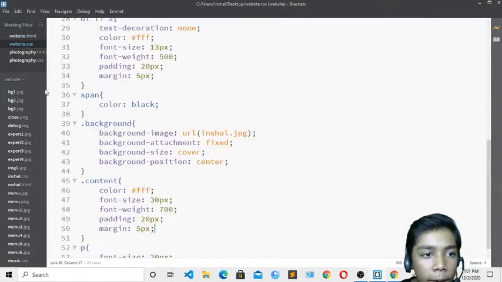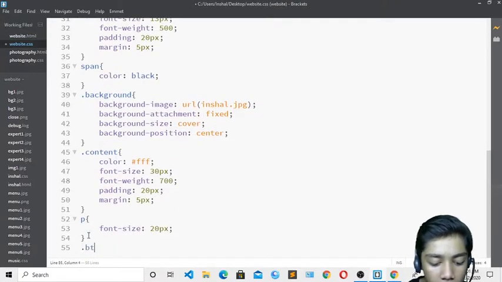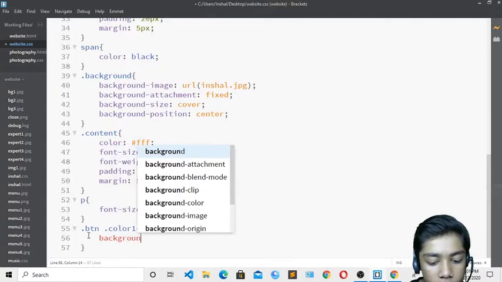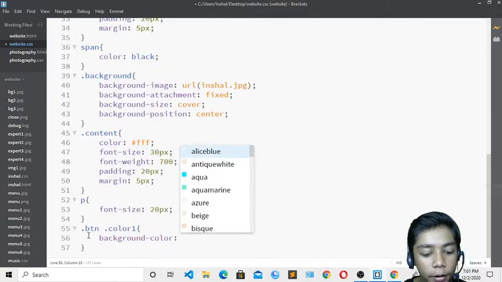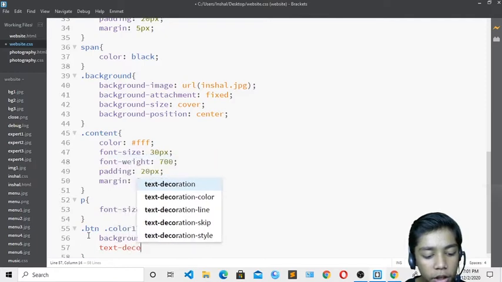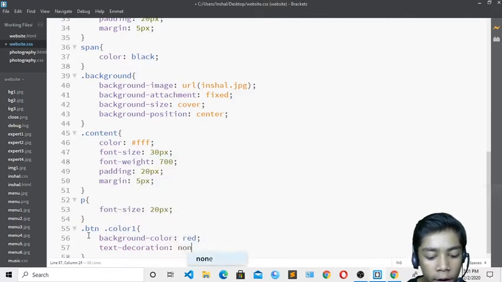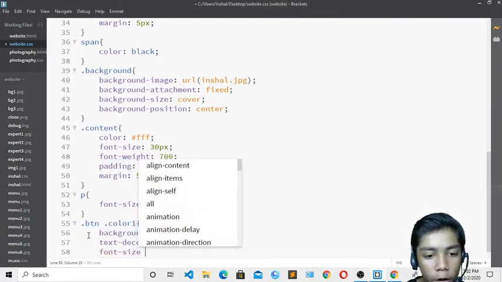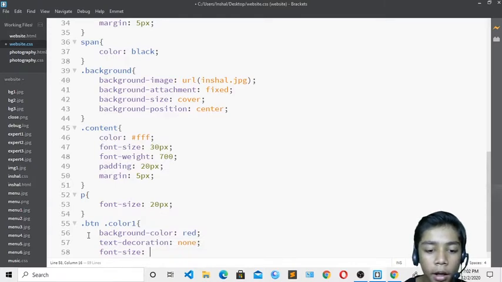Now I have to design my button. So come over here, right over here dot btn dot color 1, background color should be, I will change it to red, and text decoration should be none. Then our font size, I will change it to 12.